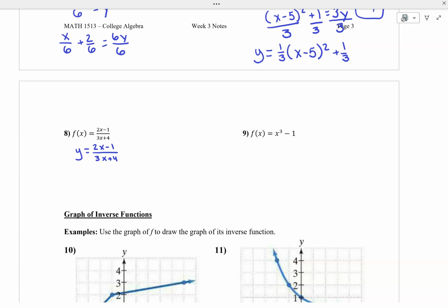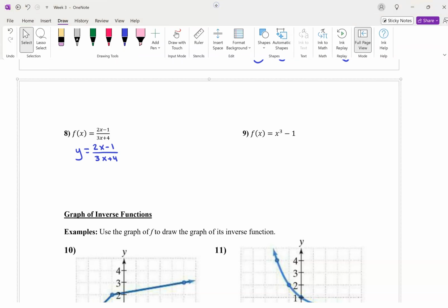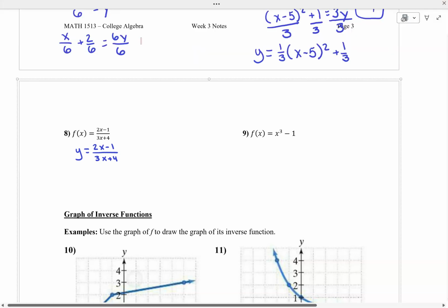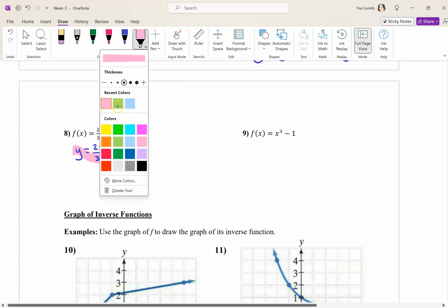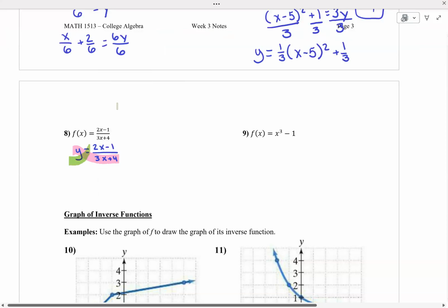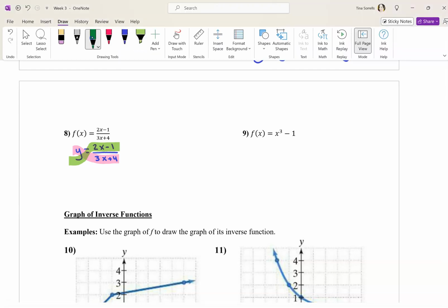So now we have to, let me use my highlighter. You're going to cross multiply here. And of course, when we cross multiply, here, that's an understood 1. So this one doesn't actually change. So we're going to have,